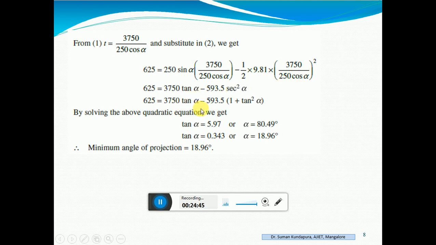Solving that, how you used to solve in the previous cases, x is equal to minus b plus or minus square root of b squared minus 4ac divided by 2a. So in that A, you substitute the coefficient attached to the tan squared alpha. Then for B, coefficient of tan alpha. C, the constant term which you will get by adding this and this one. Okay. So solving that equation, you will get tan alpha is equal to 5.97. Alpha is equal to tan inverse of this value, you will get alpha angle.